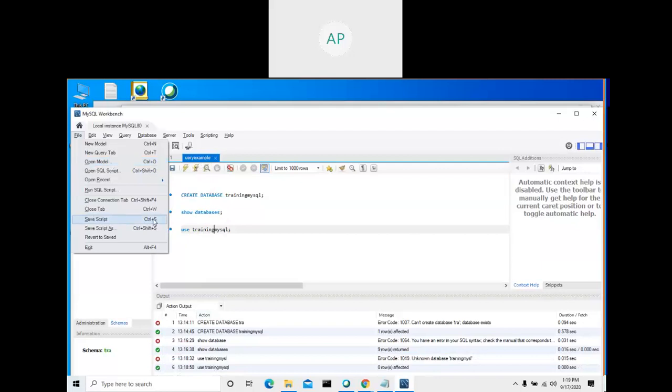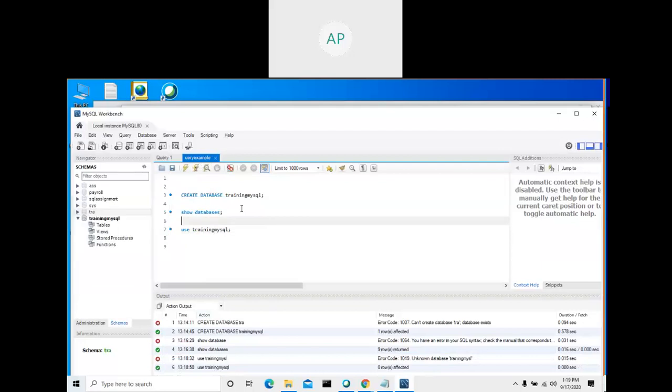Control S is the shortcut key to save. Now see, the star mark disappeared, meaning all the queries are saved. For example, if I type something now, it is not saved, so the star appears. If I press Control S, it will go.